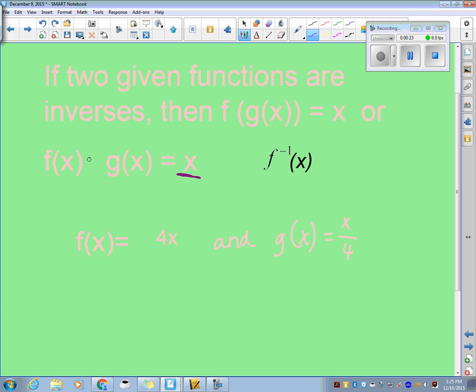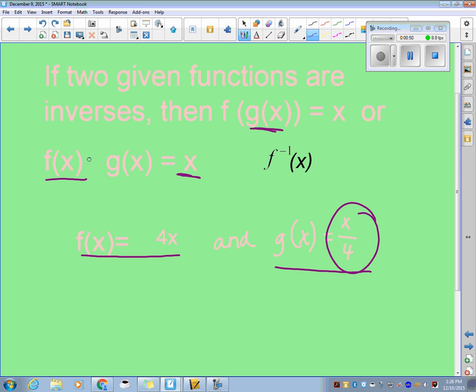So if the result is x, once we do this plugging in, plug g into f, then these two things are inverse functions. So if I have this function f, which is 4x, and this function g, which is x over 4, I'm going to plug this value in for x into the f function,